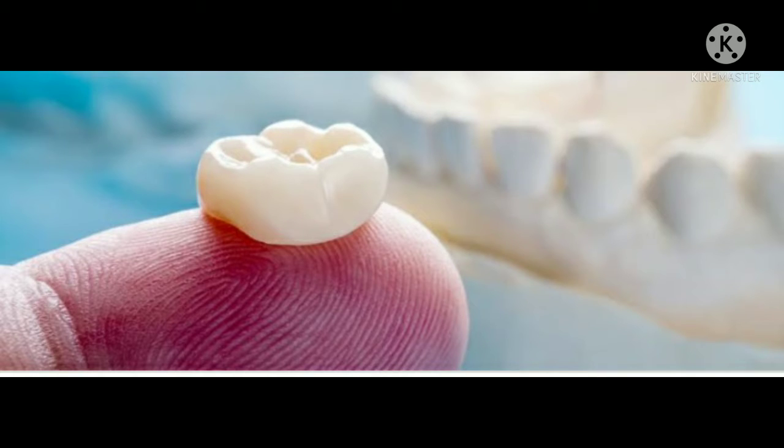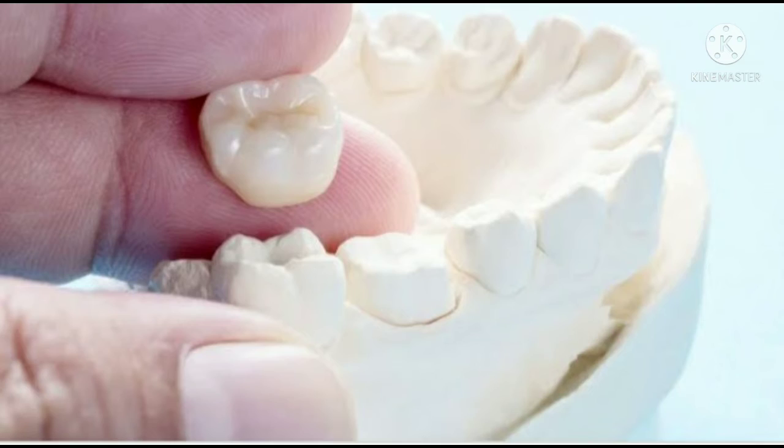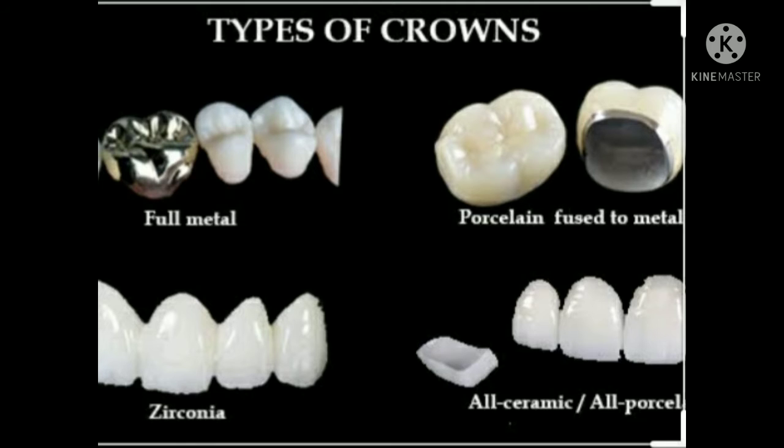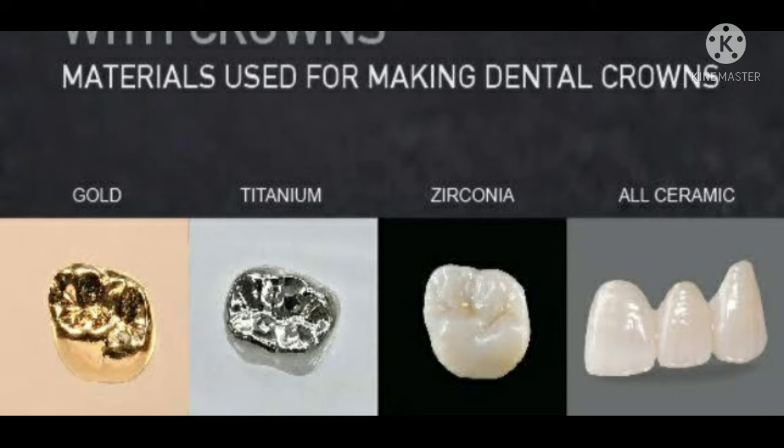A crown is basically a cap for a damaged tooth. It can be made from a variety of materials including metal or porcelain. Cost, strength, durability are important to consider when choosing a crown. Different kinds of material can be used in crowns including porcelain, ceramic, zirconia, metal, composite resin and a combination of materials.